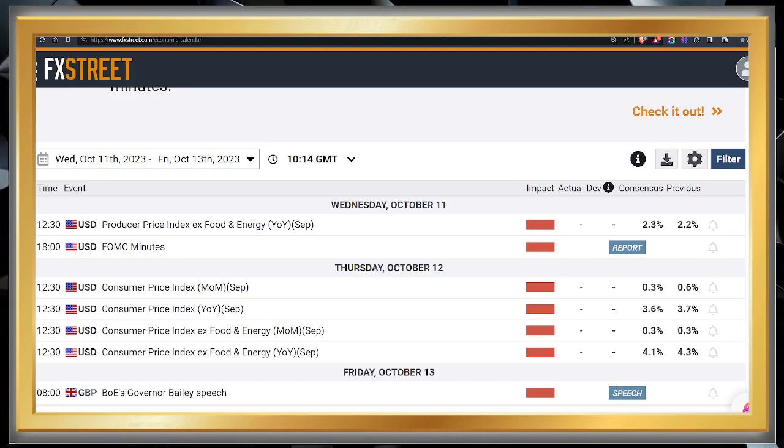So with all the information we have gathered here on the economic calendar, we shall be moving right into the chart to look at things from a technical standpoint. And one more thing I would like us to note here is that as technical traders, the anticipation of this event alone has a tendency of influencing price action.